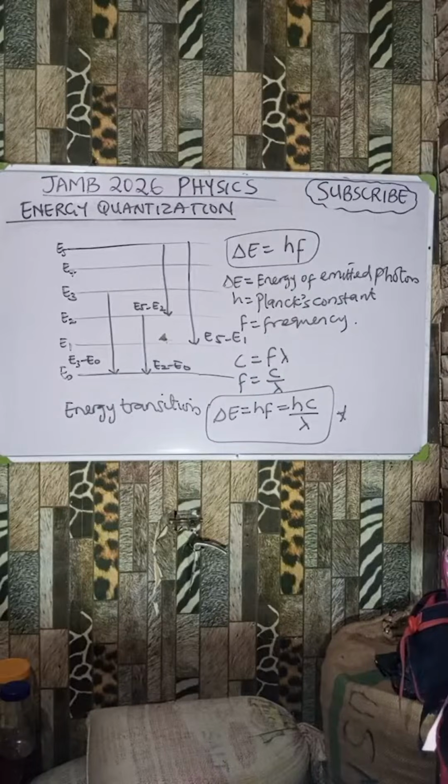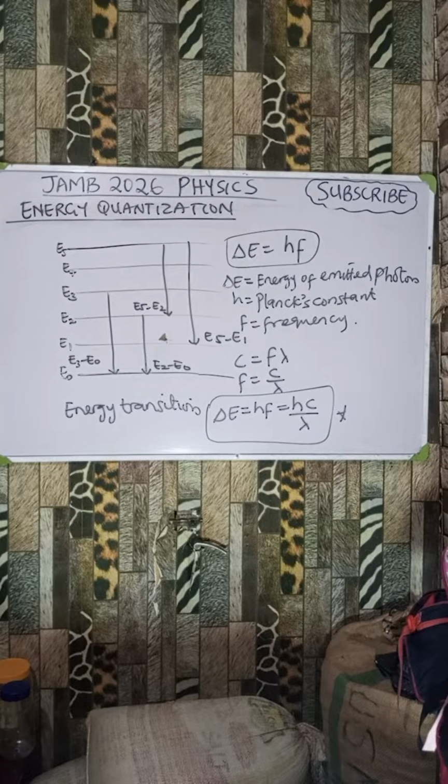I said atoms tend to be excited if they are being bombarded, right? And once they are excited, they tend to jump from a lower energy level to a higher one, which is the excited state. But because that is not their original state, look at it. This first one jumped from energy level 0 to energy level 3, right? But because energy level 3 is not its own original state, it has to return back to its normal state. That is from energy level 0 to 3 to energy level 0.